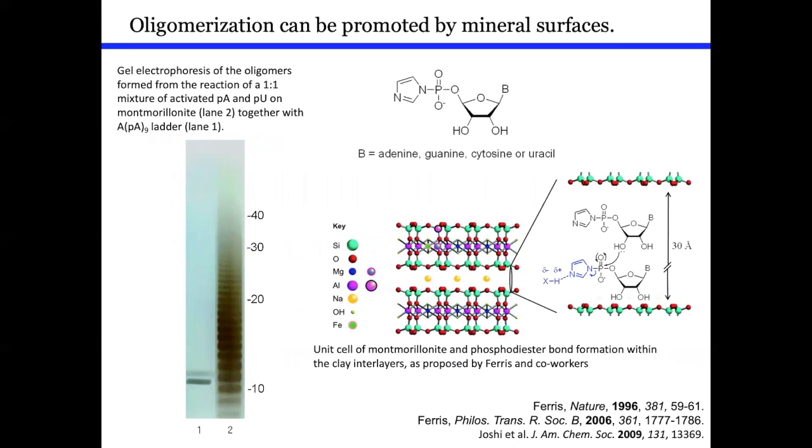Okay, so as a first example, oligomerization of nucleic acids and peptides both can be promoted by mineral surfaces. And the mineral that's been most studied here is montmorillonite. Ferris and coworkers have studied oligomerizing nucleoside phosphorimidazolides and related activated nucleotides for many years. And montmorillonite was found to catalyze the formation of RNAs up to 50 mers in length. These products had mixed 2'-5' and 3'-5' phosphodiester linked bonds, although with preference for the biological 3'-5'